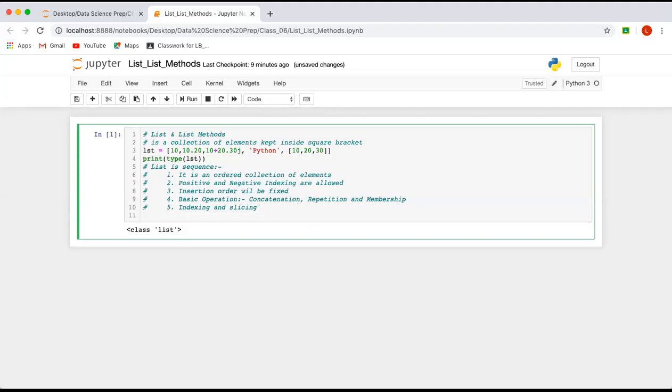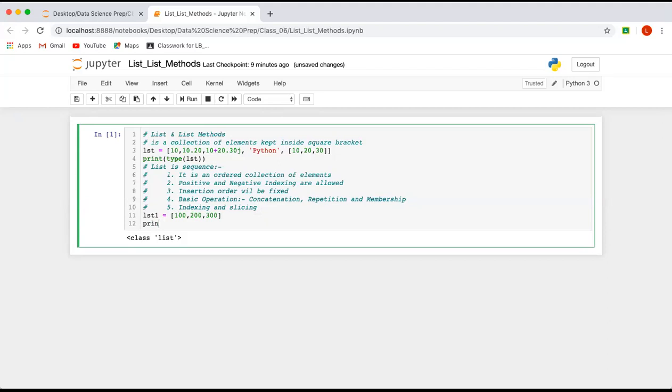So let's say we have this list, I will take another list, lst1 is equal to 100, 200, 300, and if I want to do the concatenation of this, I can simply write LST plus LST1. Here you can see that I'm concatenating two sequences, and both sequences are of similar type, list type. You cannot take